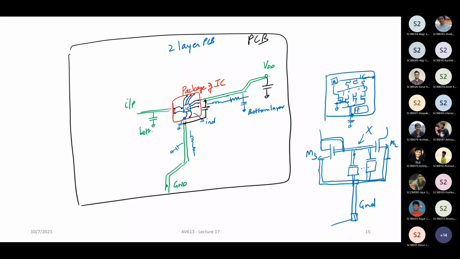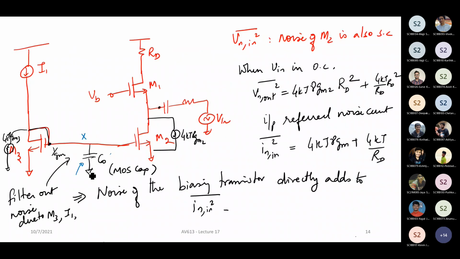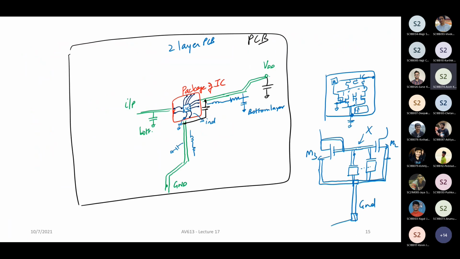Yes, sir. Okay. So the C0, I mean, there is capacitance between ground and maybe VDD, ground and maybe some other line, but definitely not between ground and this node X outside the chip. Right? So this has to be put on chip because this node X is not exposed to outside the chip. Okay. I hope that answers the question. All right, good.